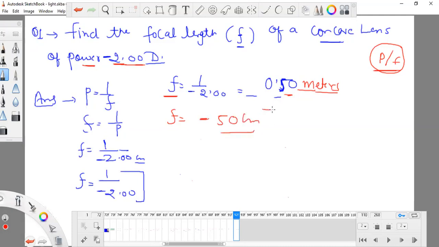That is okay, because sometimes you will get an MCQ, and it's possible that it gives you the options in centimeters. But first of all, whatever value of focal length is coming by providing power, not by providing v and u, since v and u questions are not here, if you are provided with power and the question asks you to find the value of f, then it should be in meters. Remember, always, don't forget this.